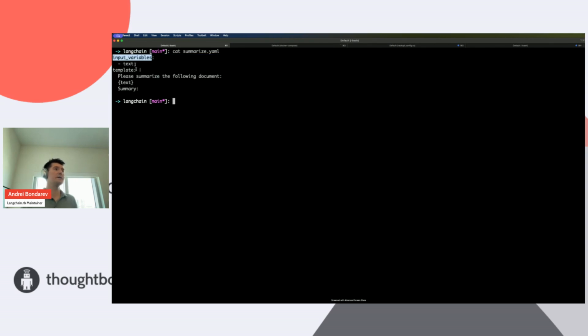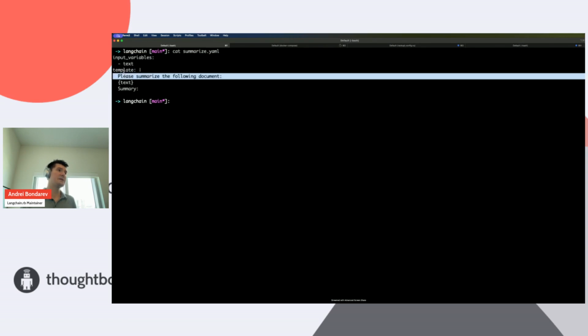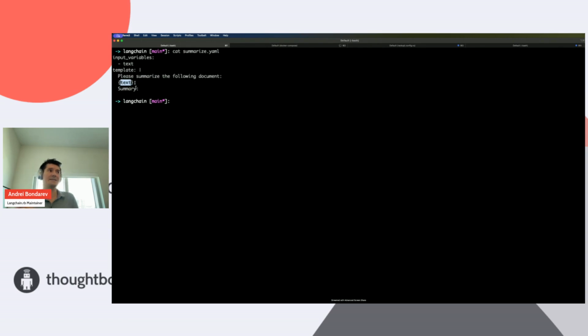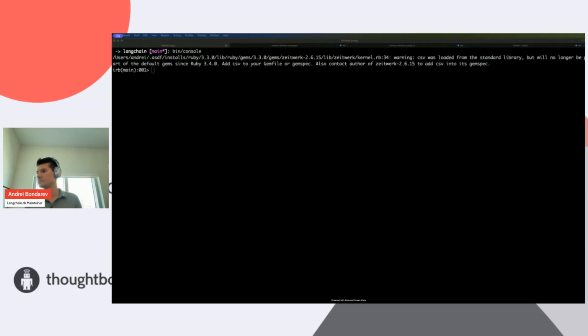So it's a YAML format, and the template is "Please summarize the following document," and then we concatenate the text inside, and we give it a hint that the summary must follow. And we specified the input variables here, a text, which corresponds to this variable here. And so now when we go back into our console,